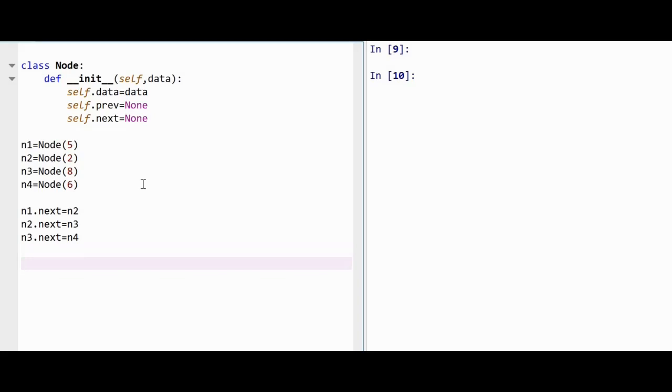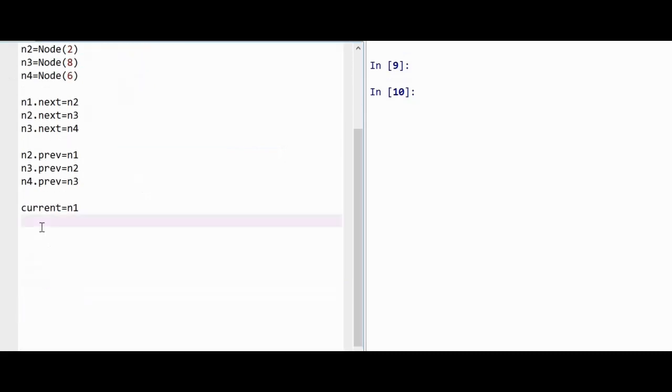Also, you need to assign the previous pointer as well. So the previous pointer will point to the previous node. So n2 will point to n1, n3 to n2, and n4 to n3. Since we have two pointers, we can traverse in both directions, that is forward and reverse.